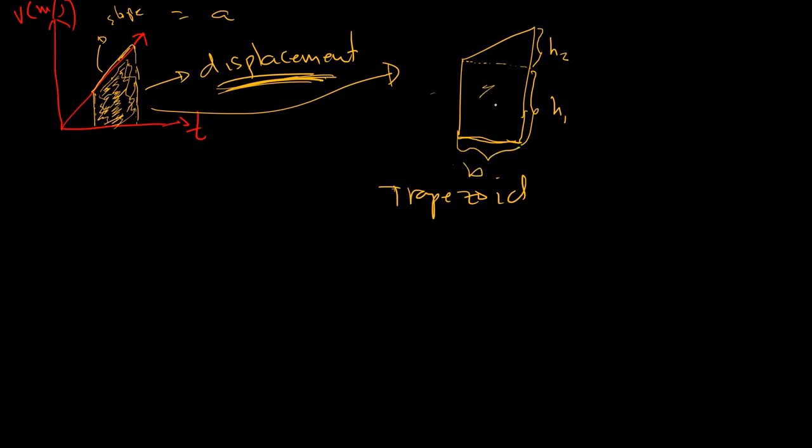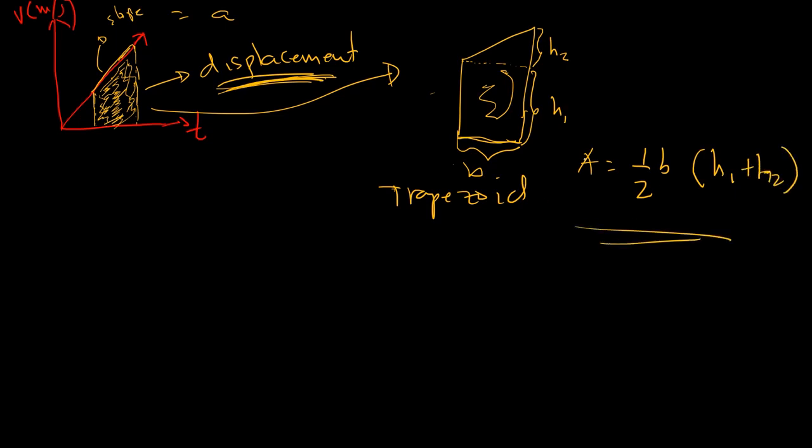and this is also the base of that shape. So meaning to say, the area under this is equal to 1/2 b times height 1 plus height 2, since we have here a right triangle. Now the area here is the displacement covered by the object. We can use this geometrical shape in deriving some formulas relating to uniformly accelerated motion,